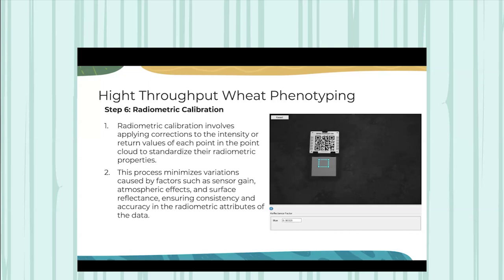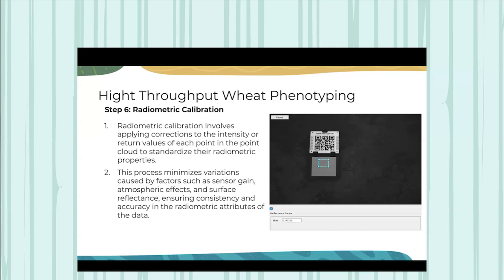So with the help of this, we can apply these corrections to our point cloud, which we have generated in the previous slide. This you have to do before flying your drone on every flight in order to capture the actual